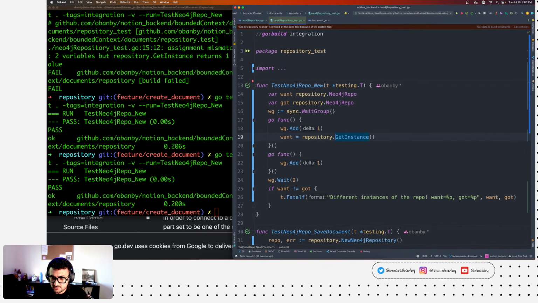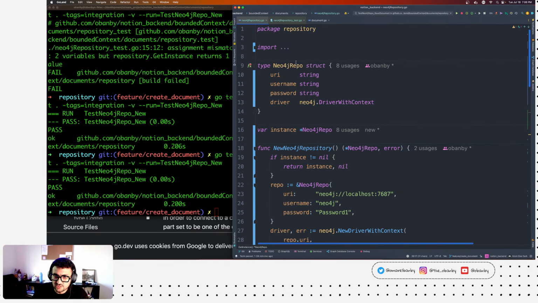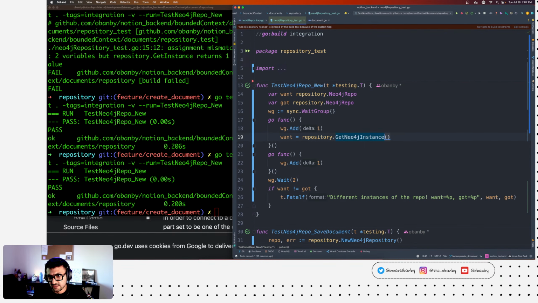Remind me to do something here, because now we're using this as part of the repository package and we're not really linking it to Neo4j, and you will have an instance of your mock, right? So here, rather than saying get instance, you can say get Neo4j instance, and that way it's more specific what exactly we are trying to get.